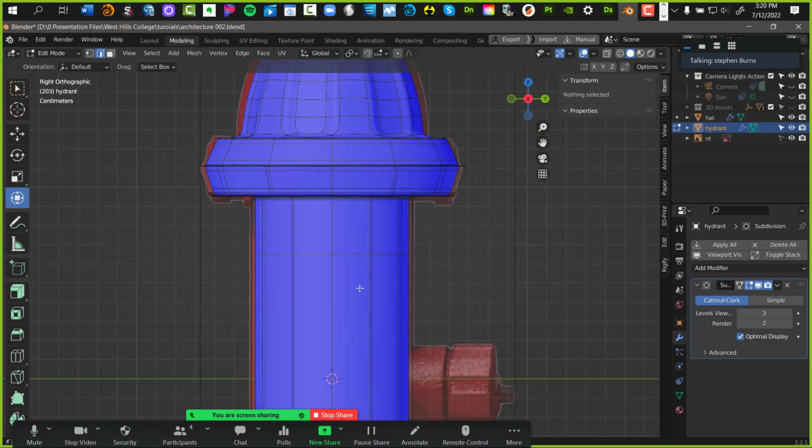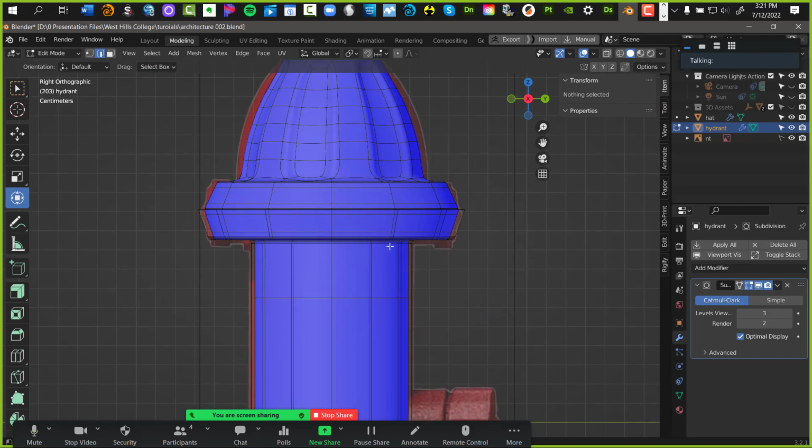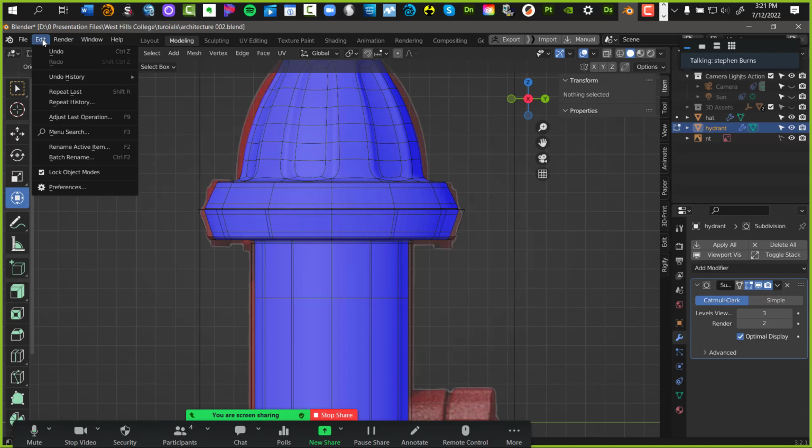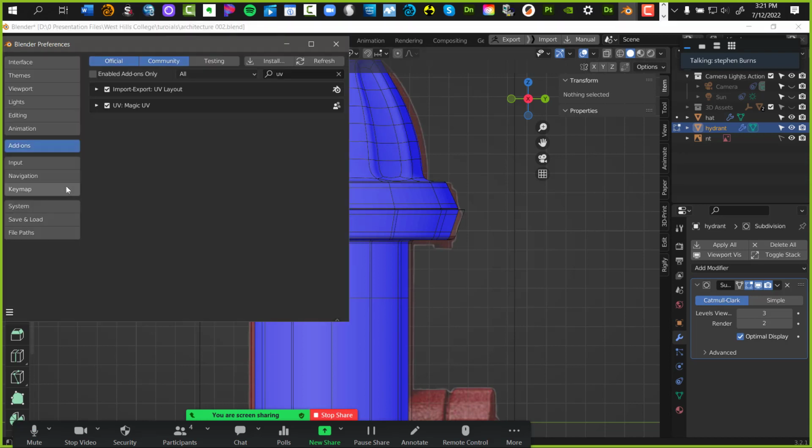Okay, let's go get the bolts. There is one plugin that I did not have you guys install in Blender. Go to your edit menu right now. Go to your preferences. Go to add-on.